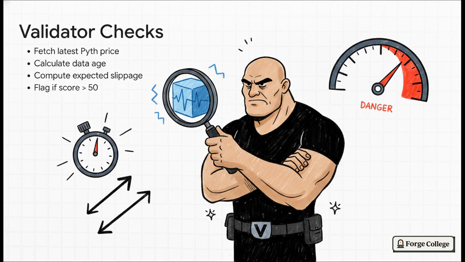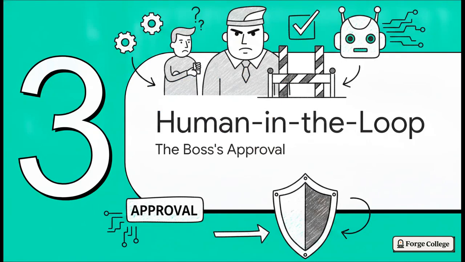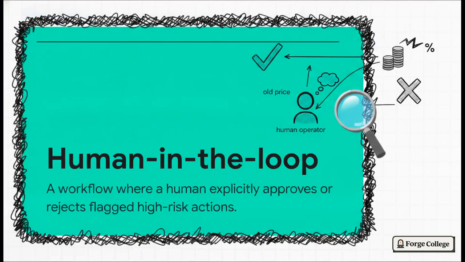The action is immediately blocked and flagged as requiring approval. It's simple, deterministic, and highly explainable. Which brings us to Section 3, human-in-the-loop controls, the boss's approval. This is our second tier of defense, the manager that the bouncer calls over when things look a little too